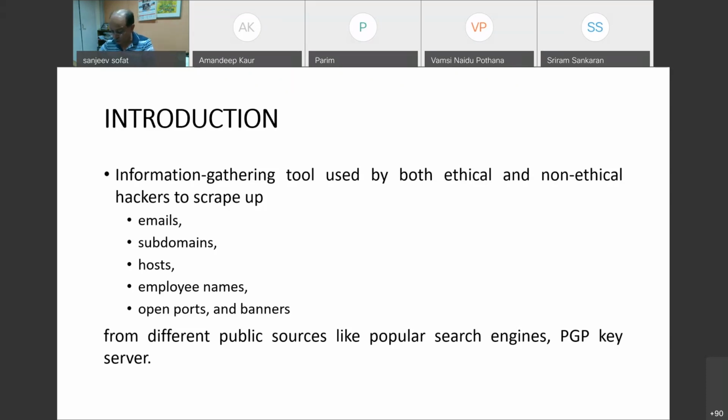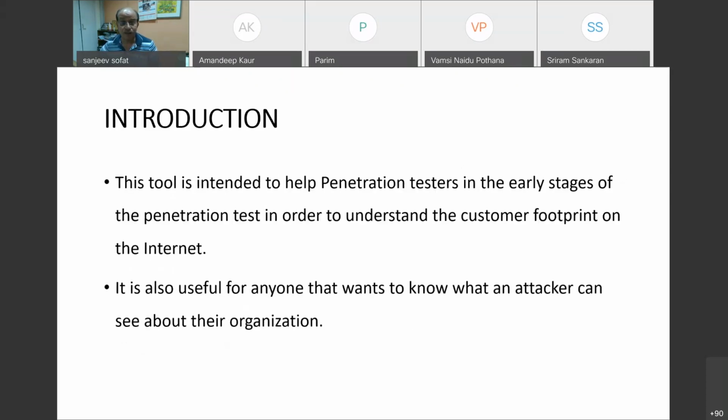Maybe it's useful because we did talk to you about penetration testing. If I would like to go into a network, up to what point can I penetrate? Let's say I would like to check how many ports are open in a network. With theHarvester tool I can find out which ports are open, and if I would like the footprints of various customers on the internet, I can also find that out.